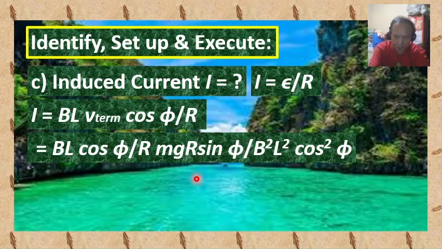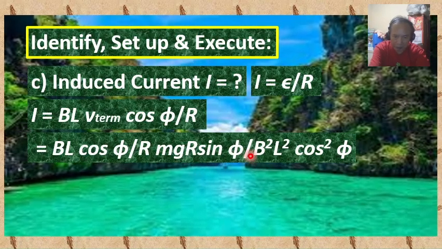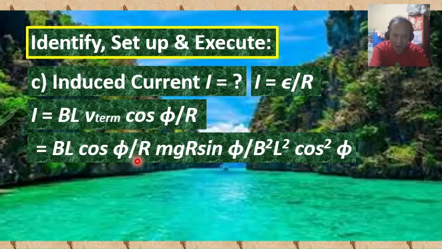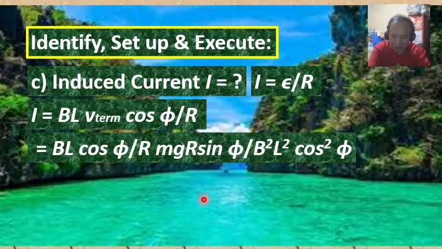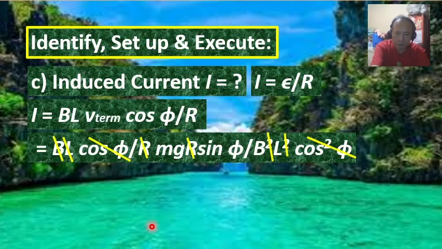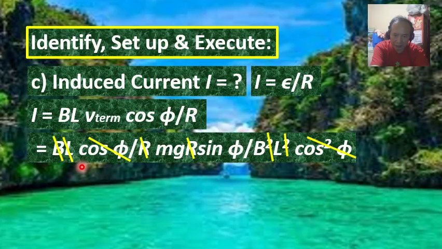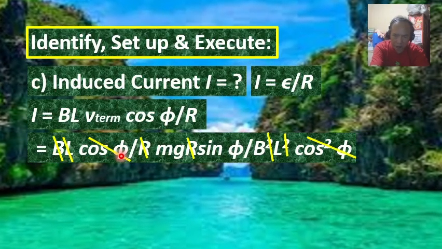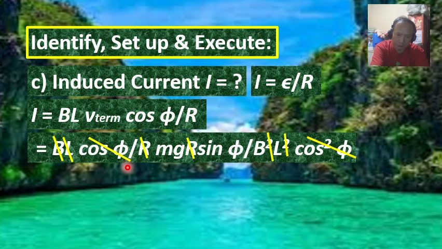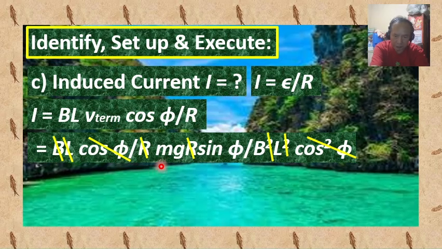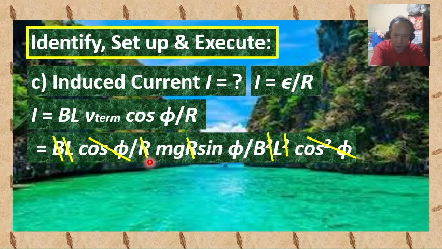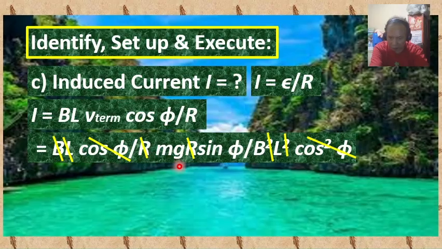We can simplify this by canceling some of the quantities, like the magnetic field B, the length L, the cosine of angle phi, the resistance big R,